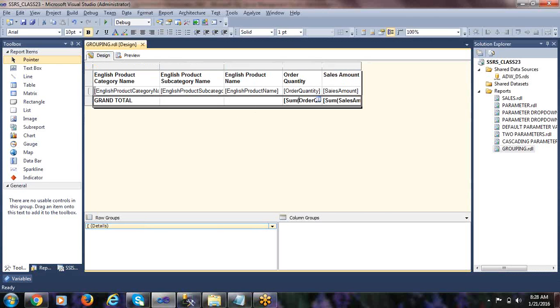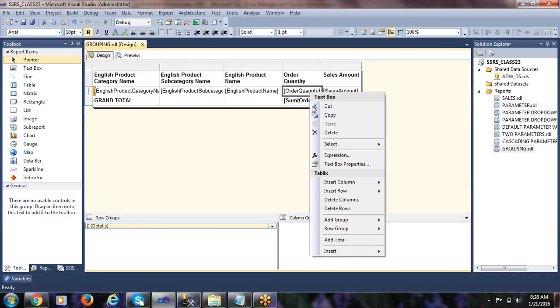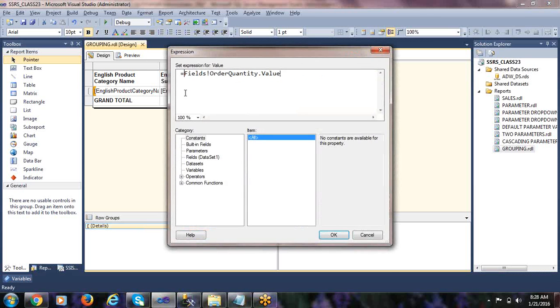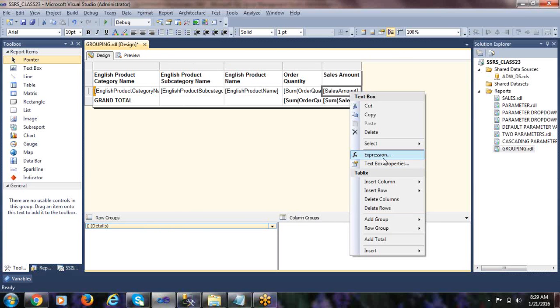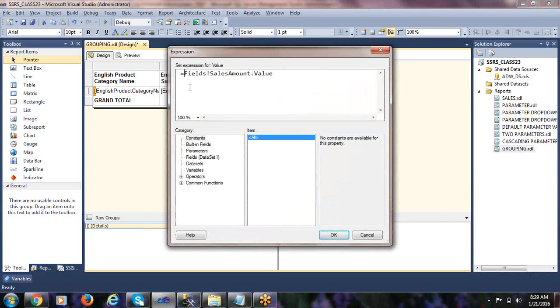So let's go to the expression. Here we need to change it to sum of order quantity. Open the bracket, close the bracket. Whenever you apply a group by clause in a statement, you have to apply an aggregate function also, right?